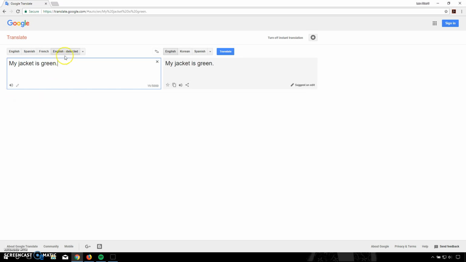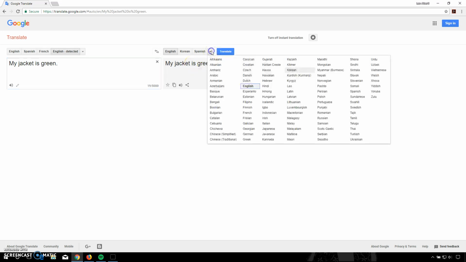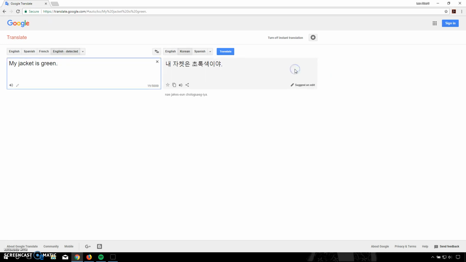You can see that it's detected it's English, and over here it's showing it in English as well. So what I need to do is come to this little arrow, and when I click on that, it's going to show me all of the languages that I can have that translated into. So since I've been studying a little bit of Korean this year, I'm going to click on Korean, and now